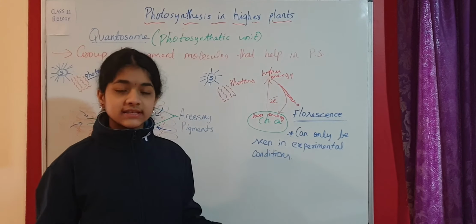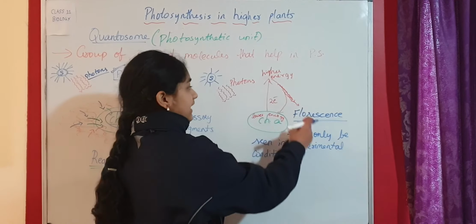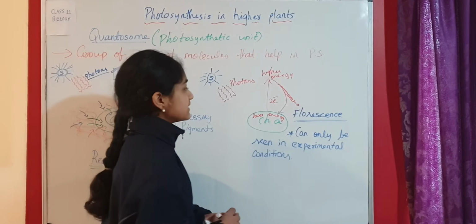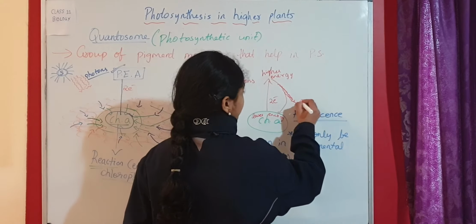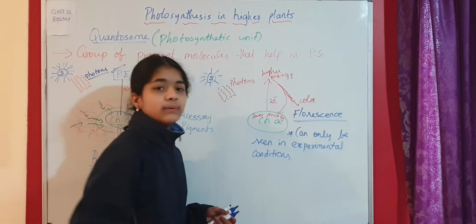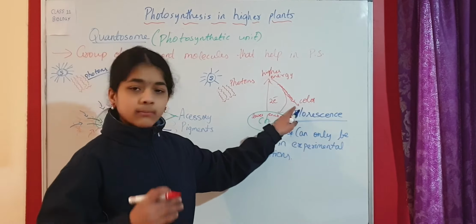And what is fluorescence again? Fluorescence is the process of emitting light in the form of wavelengths. This light is emitted as a wavelength, and that wavelength could be any color, red, green, yellow, etc. In some color it is going to emit, so the energy is emitted, and that is called fluorescence. When is it emitted? When the electron is trying to return to its previous or former energy. So this is the process of fluorescence.